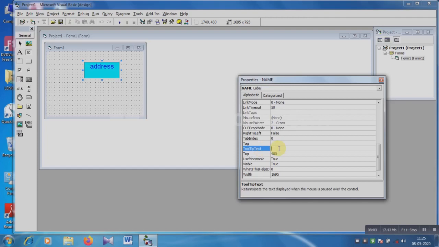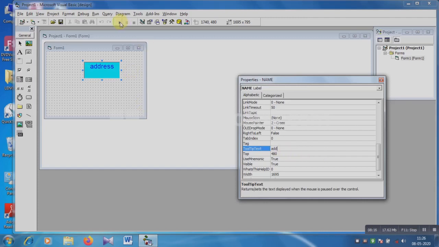Which word you write here? Suppose I am writing add. I am writing add.